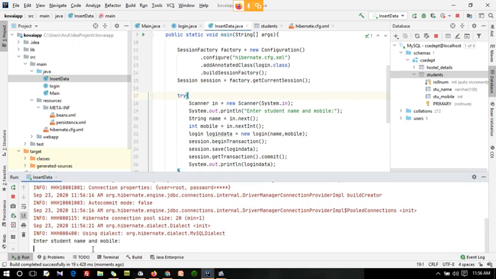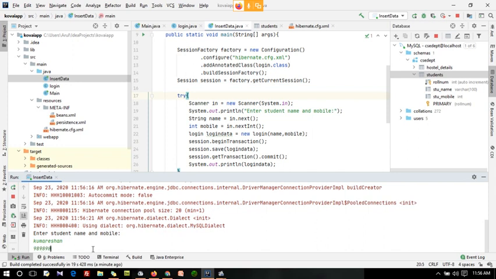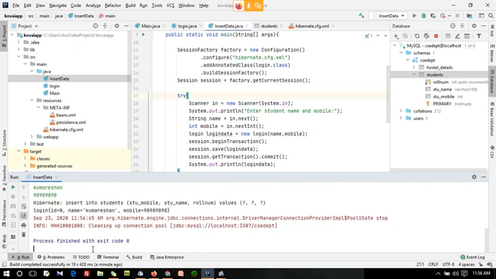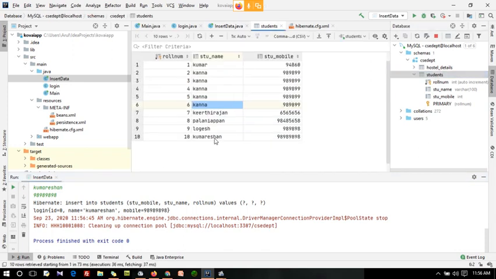So I can enter Kumaresan, and mobile number. See, it is inserted. I don't have any error code here. The code is 0. The value is inserted. To check this, you just click on this student. See, I am having Kumaresan and mobile number here in the database.